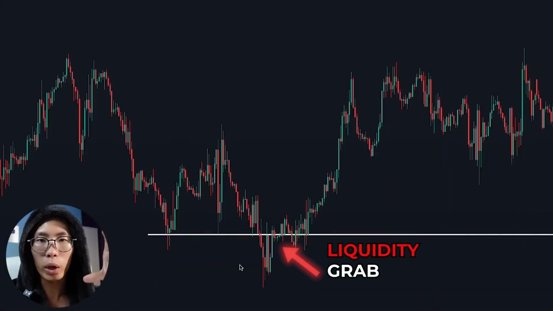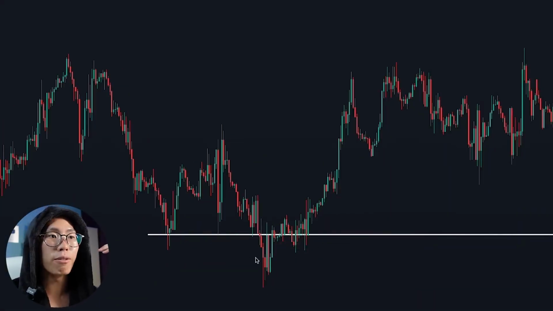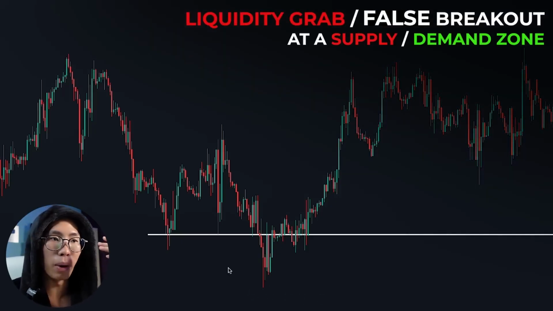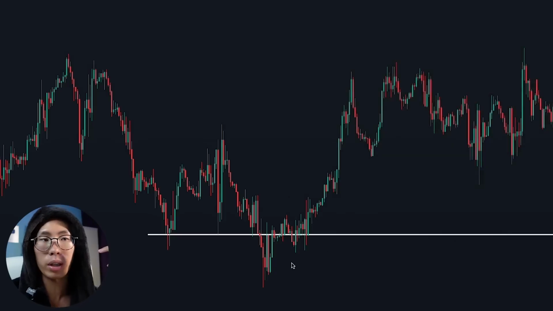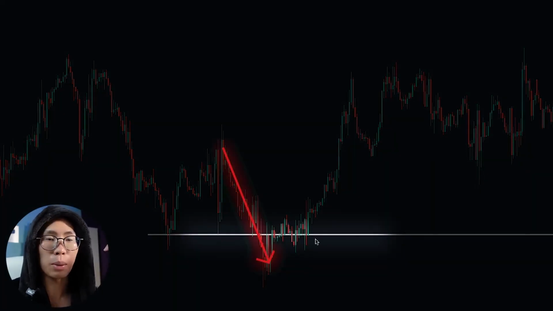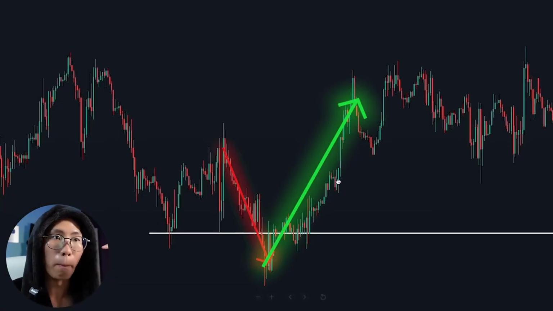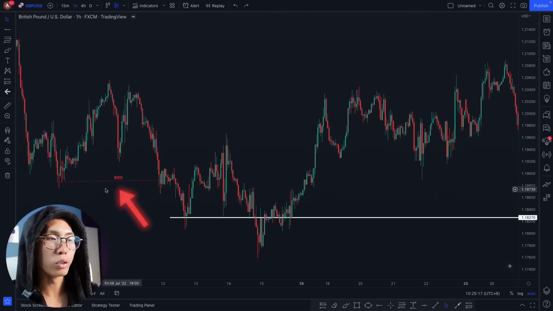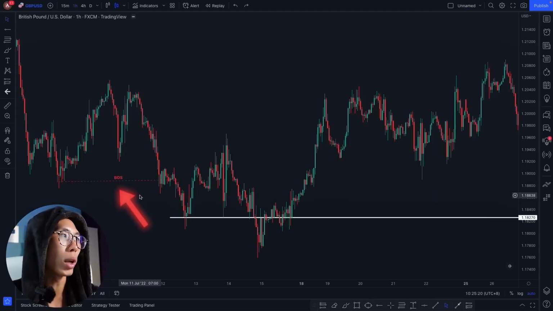So the first thing you want to look for is for price to give us a liquidity grab or a forced breakout at a supply or demand zone, which is exactly what price gave us here. Price broke through the support level, and then it just went back up. So this was a very clear forced breakout, or what I like to call a liquidity grab. Now you can even mark up your break of structure here,